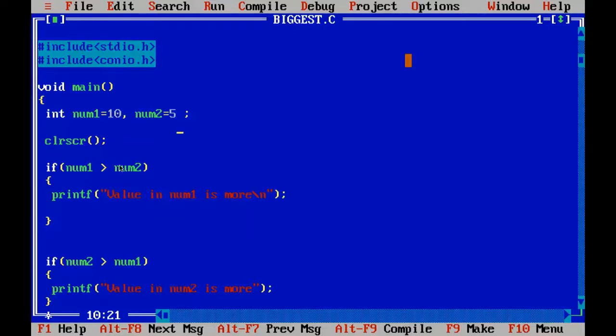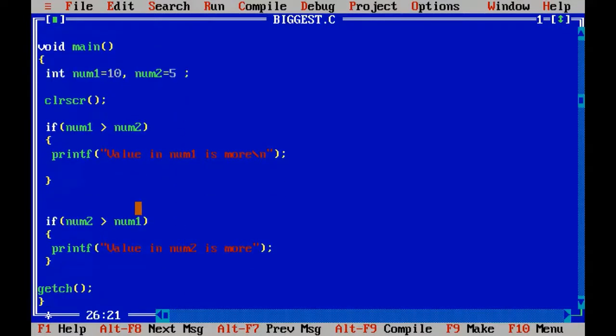So is 10 more than 5? Yes. Then the control goes inside this block and will print this statement. So after this execution, the control will come to here and checks for this condition, num2 > 5. Is 5 more than 10? No, right? So nothing will execute here. Whatever the code is inside this block will be skipped, and I'll get the last statement, which is getch